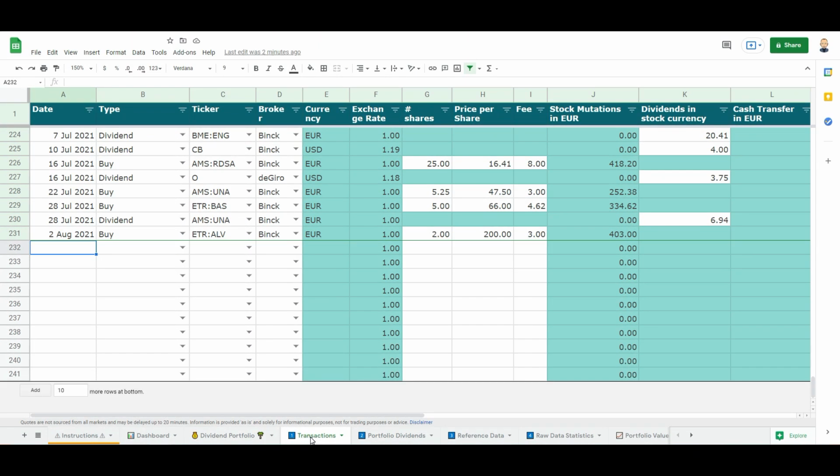To do that, we go to the transactions worksheet, as you can see here at my arrow. If you're a totally new dividend growth investor, then the first thing you will need to do is transfer cash to your broker account. I will show you how to do that now, but before I go there, if you don't